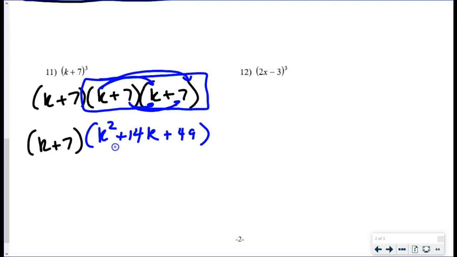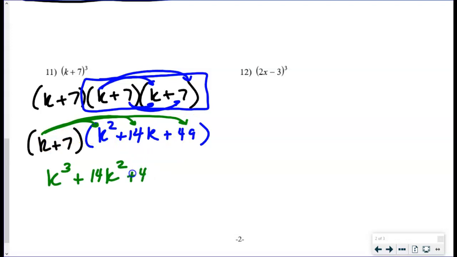And now number 11 looks a lot like the previous question we did. So we're going to distribute the k to everybody in the blue polynomial this time. And that becomes, let's see, k to the third plus 14k squared, and then plus 49k. But that's only half your distribution. Now you got to go through and distribute your 7. Oh boy, I should have brought a calculator with. Let's see, this is 7k squared